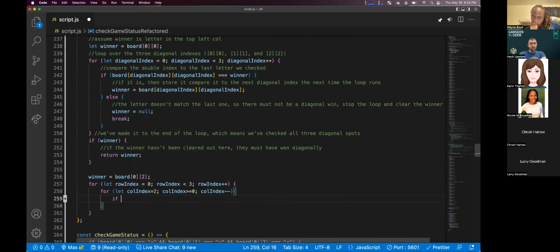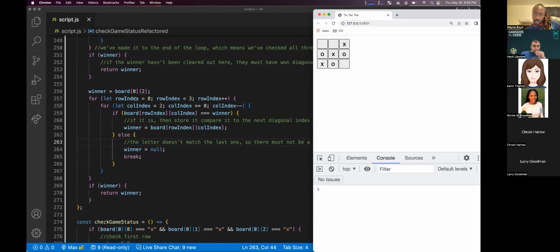No alert. Start at 0, 2, start the row at 0, then start the column at 2, col index greater than or equal to 0, col index minus minus.